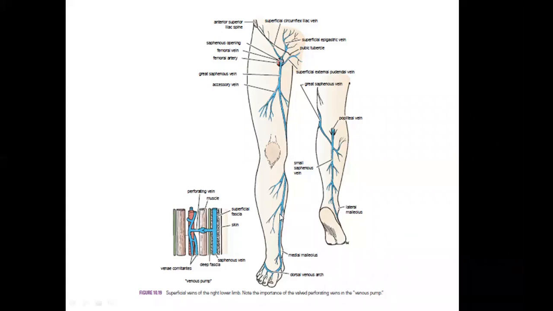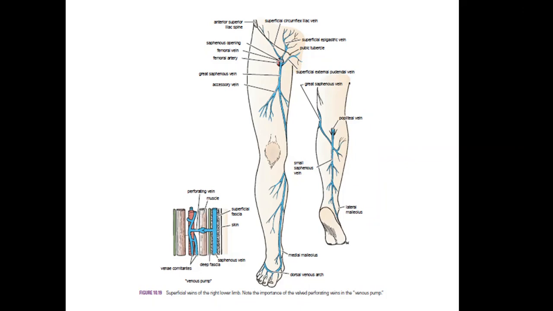This is the whole great saphenous vein coursing through here, and here it pierces the deep fascial layer, the saphenous opening, and it joins the femoral vein. And it is given that it is situated 1.5 inches or 4 centimeter below and lateral to the pubic tubercle. Below and lateral. If you can see, this is the pubic tubercle, the anatomical landmark. This is lateral and this is below. This is medial and this is above. So it is situated below and lateral to the pubic tubercle.